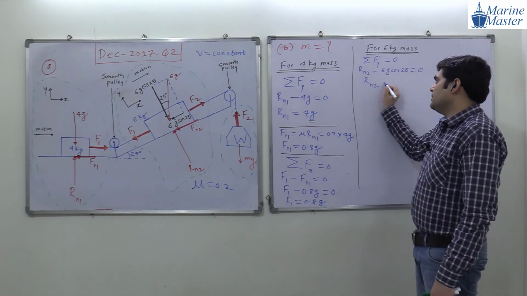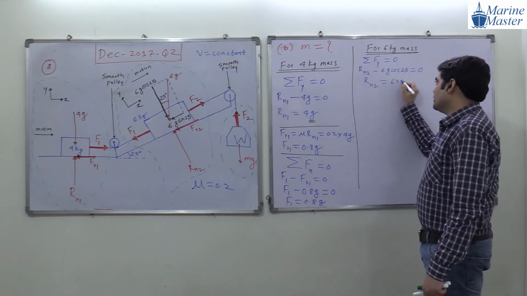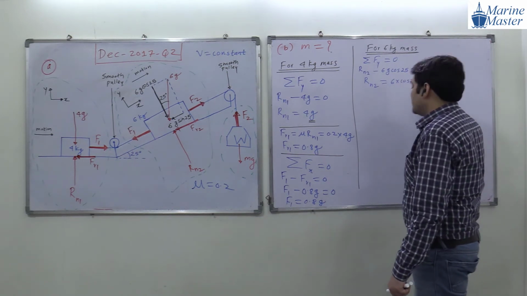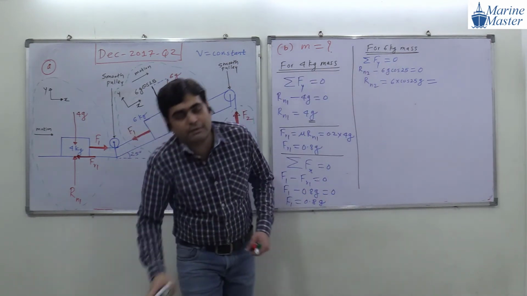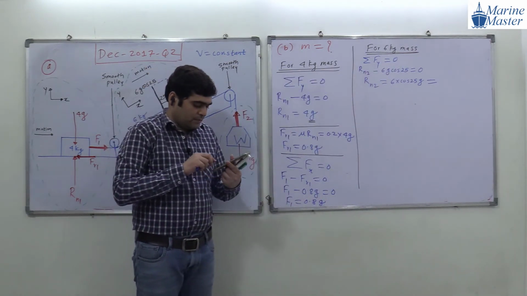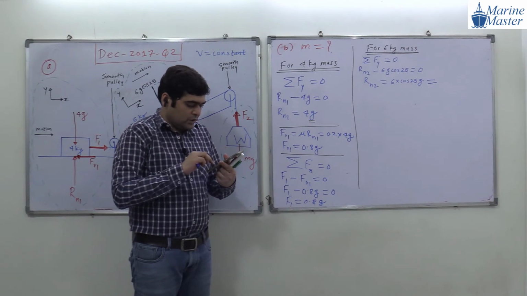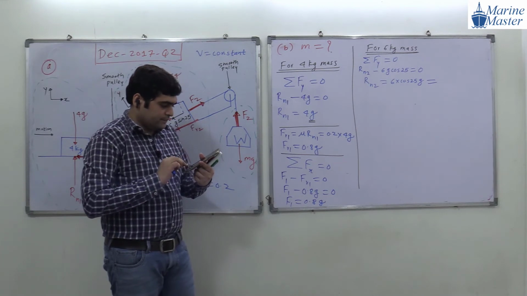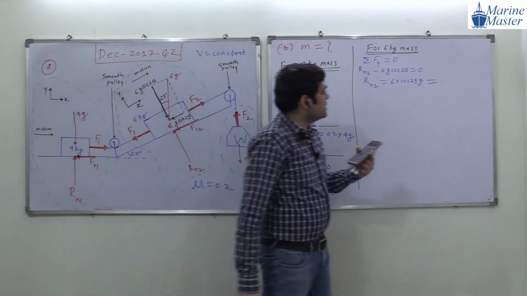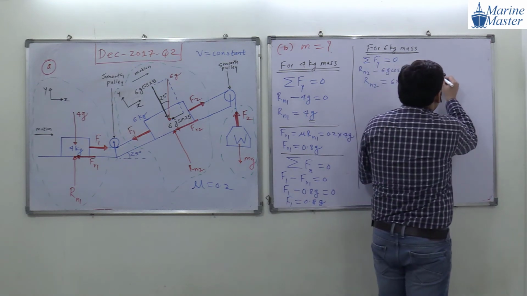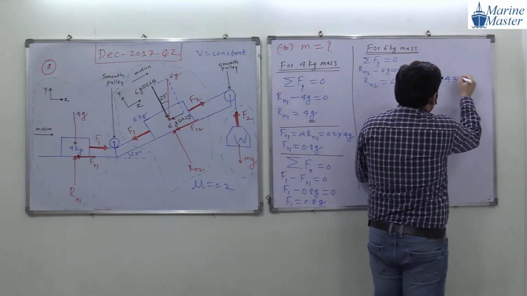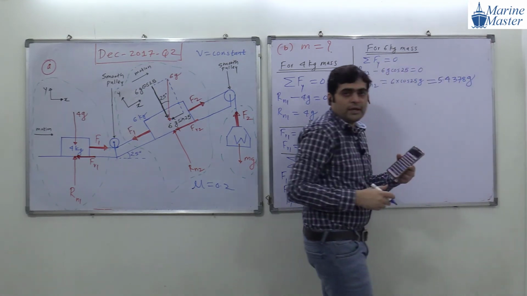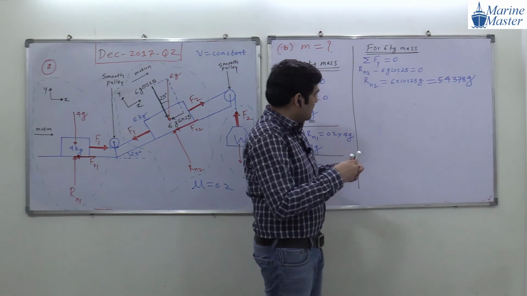So what will Rn2 become? 6 into cos 25 into g. So what is this value? What is the value of 6 cos 25, guys? Everyone tell me the value of 6 cos 25. Please do the calculation. 5 point how much, guys? 5.4378 into what, guys? G. Okay. So we got Rn2 in terms of what, guys?